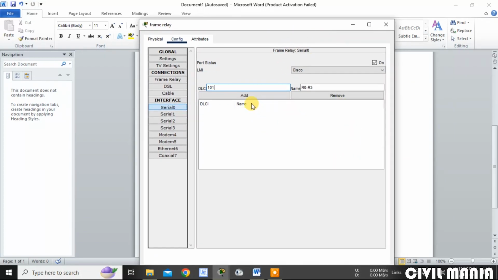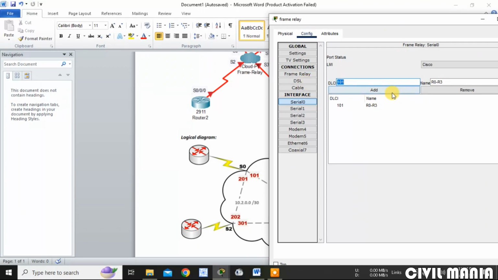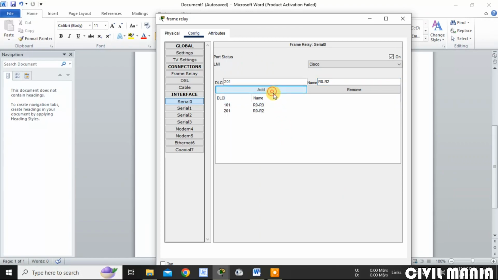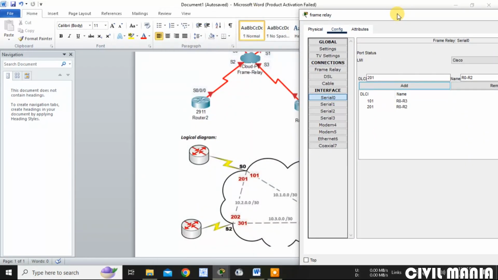Actually it's identifier, so 101. Next one is 201. So 201 is the connection between router 0 and router 2. I hope it's clear. Add. Now I have made for serial 0.